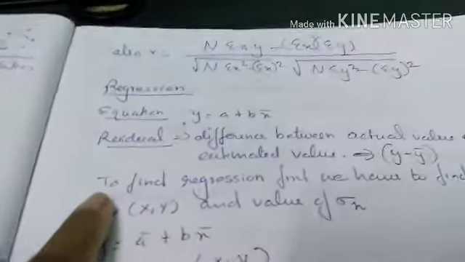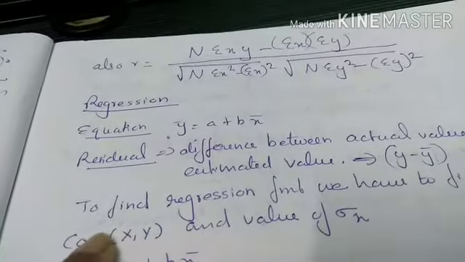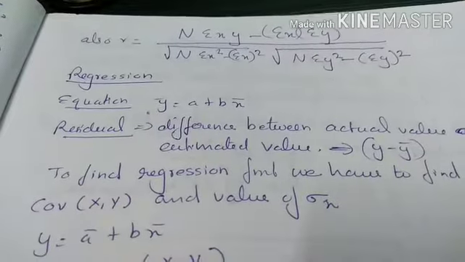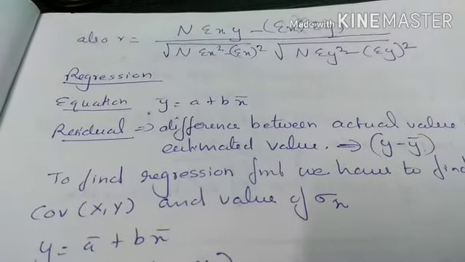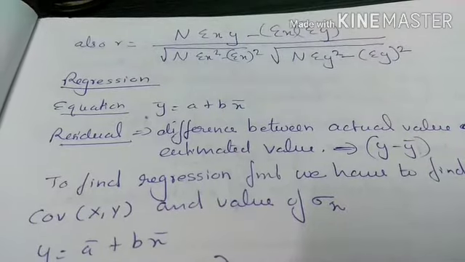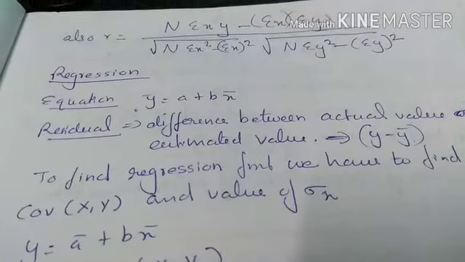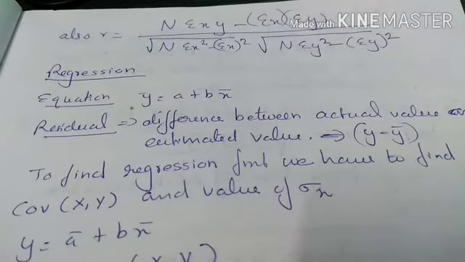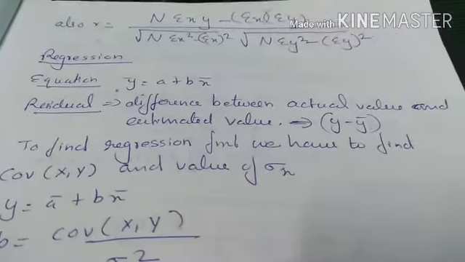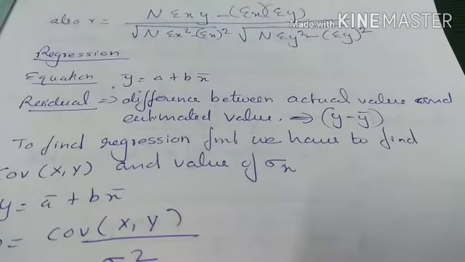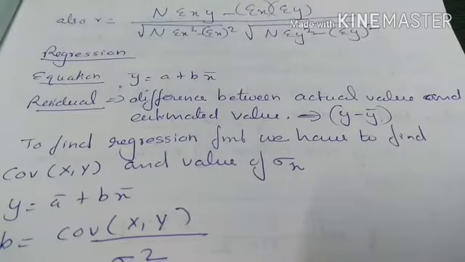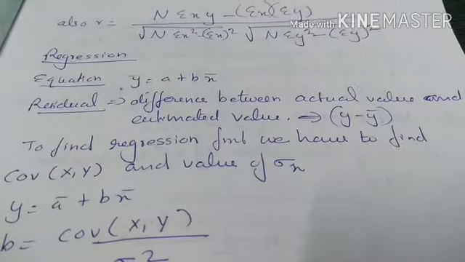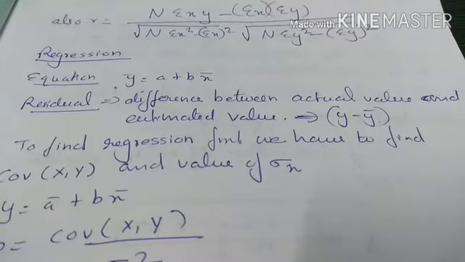Now next we can go to regression. Correlation gives the strength of the relationship between two variables x and y, so we have to check whether there is any relationship using regression first. The equation of regression is the linear equation y equal to a plus b x, and y bar equal to a plus b x bar. Residual is the difference between the actual value and the estimated value, that is y minus y bar gives the residual. So if the question asks you to check the residual, you have to calculate y minus y bar.